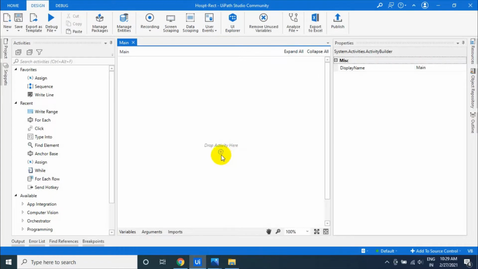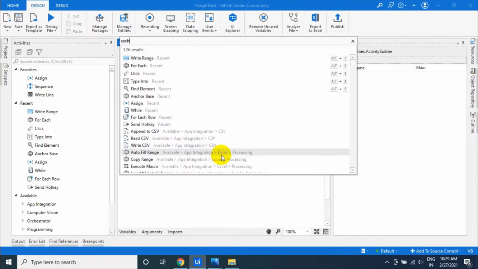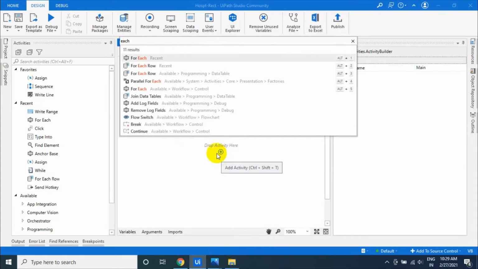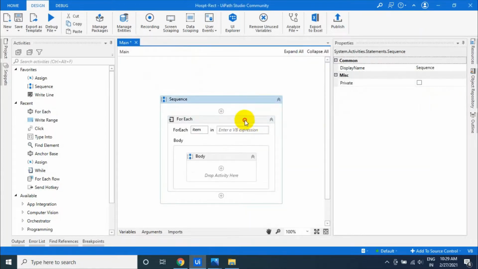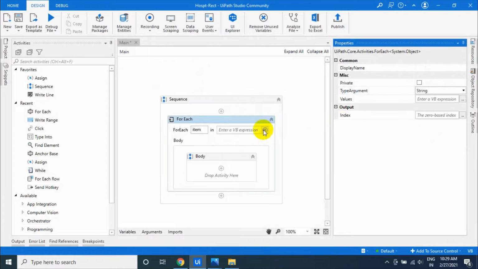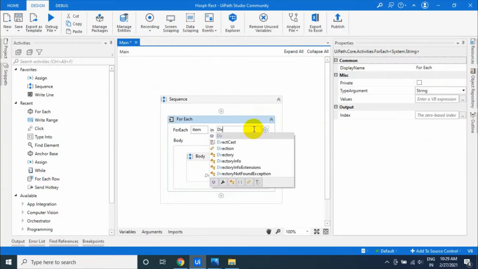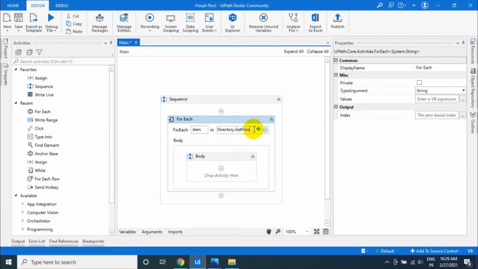Using the For Each activity, we loop through each and every file from the folder, with Directory.GetFiles. If you give this receipt path, it will loop through each and every file from the folder.